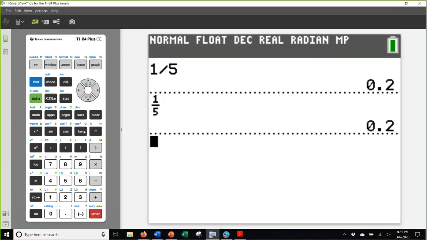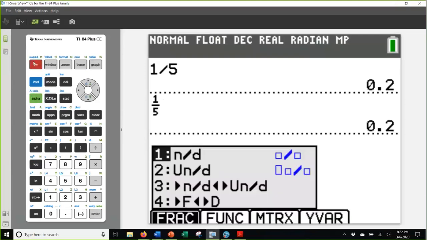And by the way, you'll notice up at the top here, I have my mode set to decimal so that my fraction actually converts to a decimal. If my mode is set to automatic, it will give me a fraction. But if we just wanted to look at the decimal here, we could. The other place to find your fraction template on all TI-84 models, the black and white grayscale model and the TI-84 Plus CE, is alpha y equals. That gets you to a shortcut menu, and here it is, number 1, n over d.